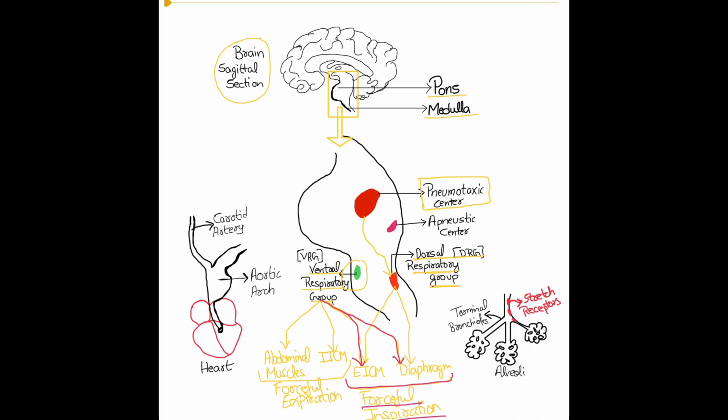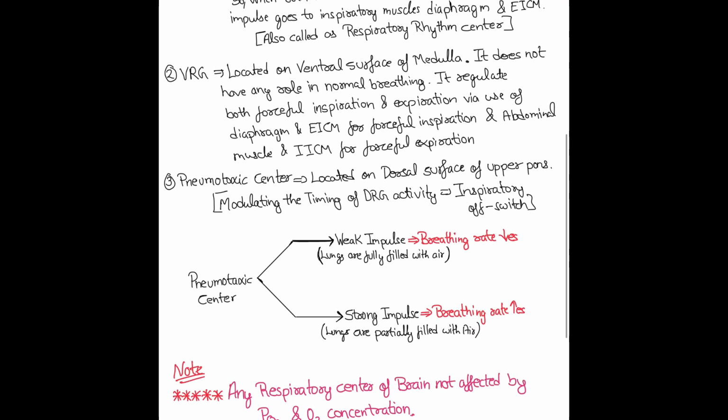Because of the impulse from this pneumotaxic center, the DRG stops inspiration, and because of that, it regulates the breathing. So how does it do this? If there is a strong impulse from the pneumotaxic center,